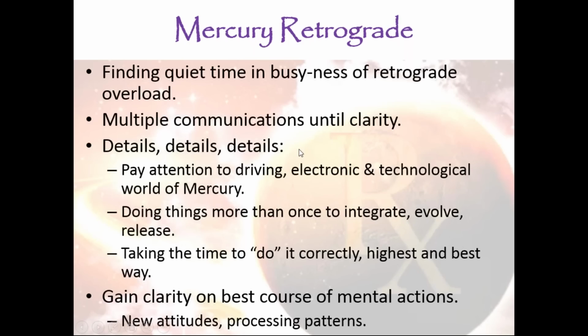And then, of course, again, all those details in our world. Mercury has co-rulership of electronics and technology with Uranus. And so, of course, it involves our cell phones, our computers, our cars, our lawnmowers, you know, our snowmobiles up here yet, as we received another 10 inches of snow last weekend. So, especially when it turns retrograde and direct, those 3 days, day before, day of, day after, paying attention,